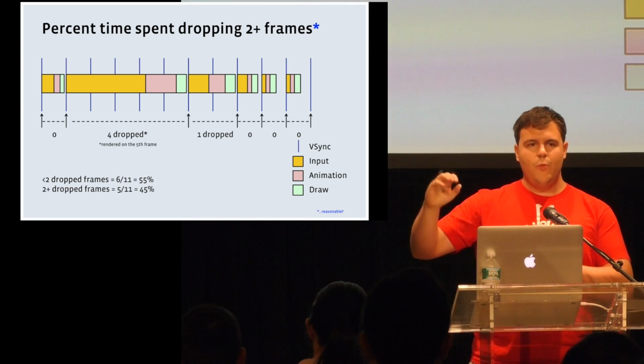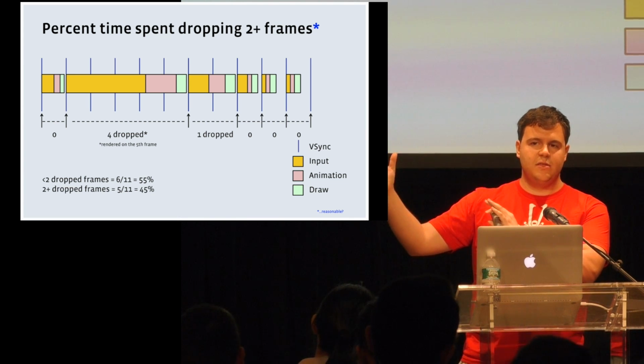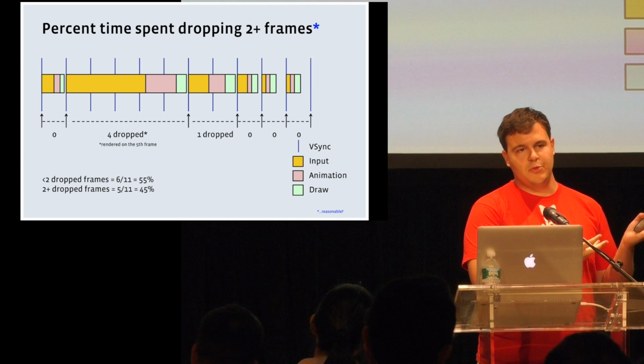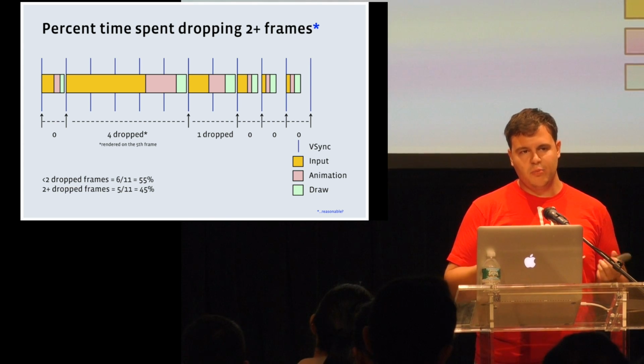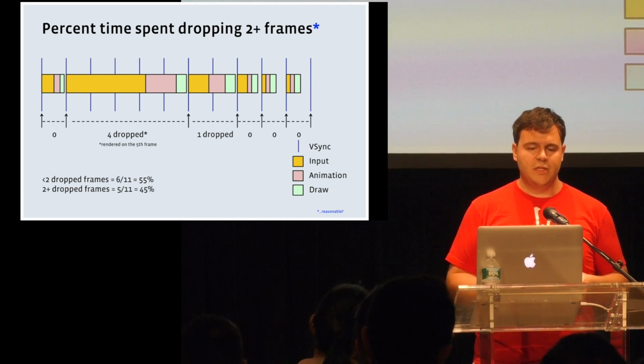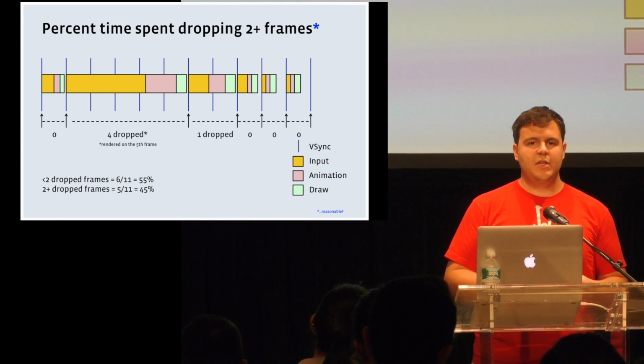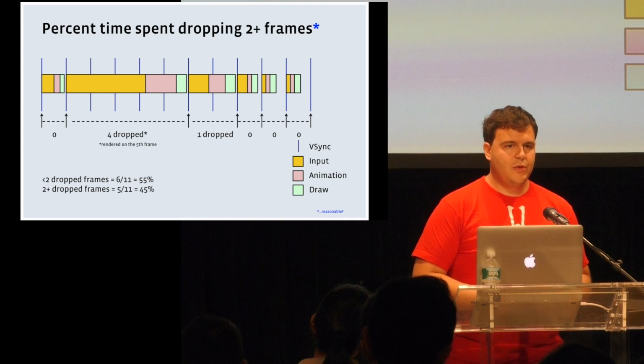So we want to weight these worse events as more important and bigger problems than these short frame drops. That's why the percent of time spent is important. You get to weight those heavier events. And you also want to be able to track progress even if you haven't gotten perfect yet. So you could have some